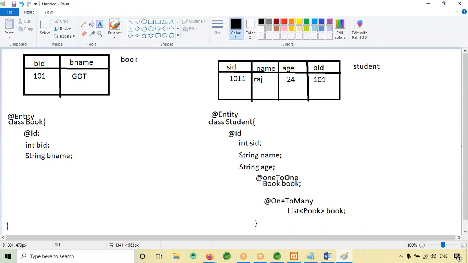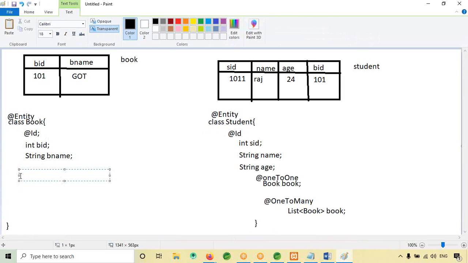You need to generate getter and setter for this list as well. So one student has many books, and instead of one-to-one, you mention one-to-many. Now you are telling the student that one student has multiple books, but you have to tell the book side as well. It's a book as well, so for that just mention @